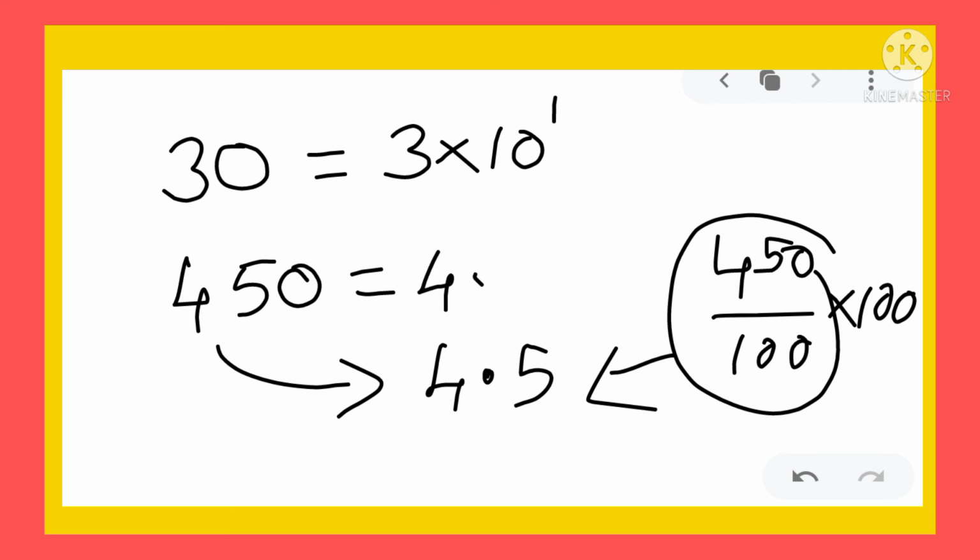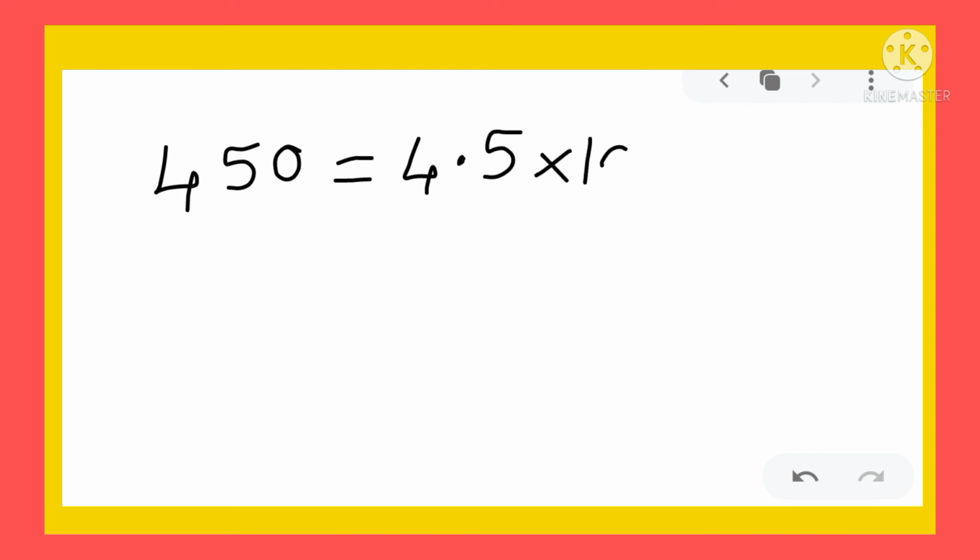So 4.5 into, then which number we multiplied, that is 100. So it is 10 square. Without doing the steps, we can directly write 450 as 4.5 into 10 square. Here we can see that 4.5 is a number between 1 and 10 as a power